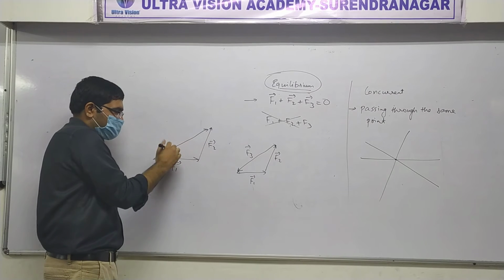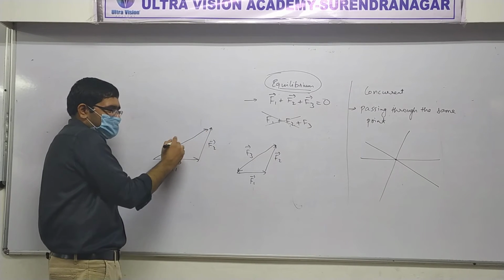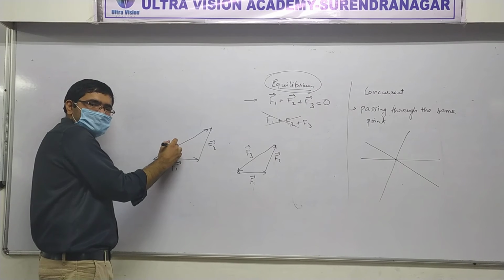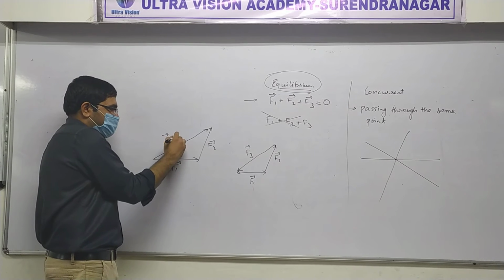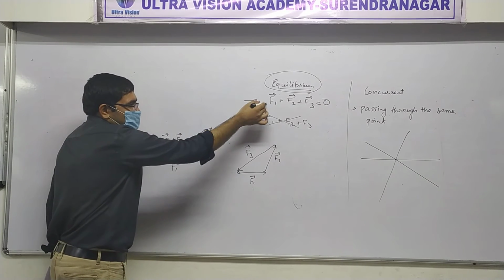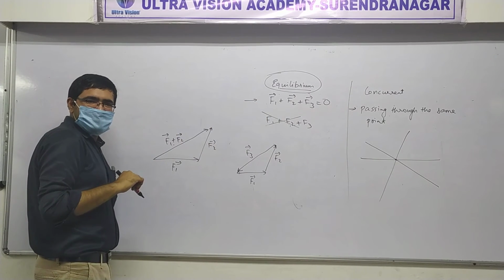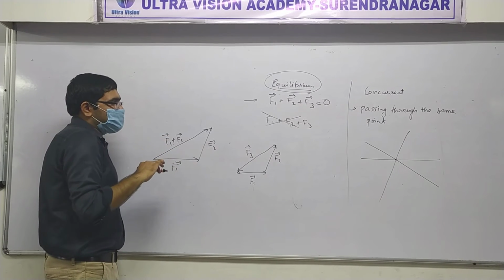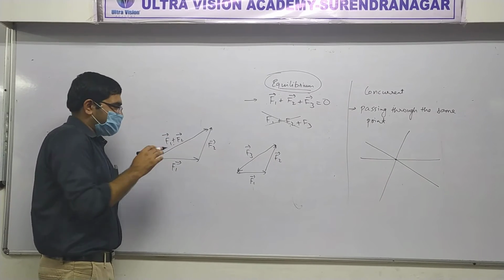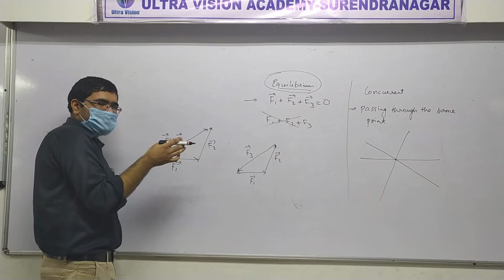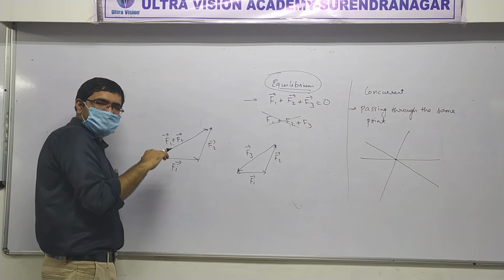Triangle law. So what would be this vector? First drawn, second drawn. So this would be which vector? Resultant of which two forces? F1 and F2. So this will be F1 vector plus F2 vector. But our condition is to satisfy what? We want the addition of all the three to be 0. Here you have only added 2. Now where should be the third one so that addition of all the three gives 0?